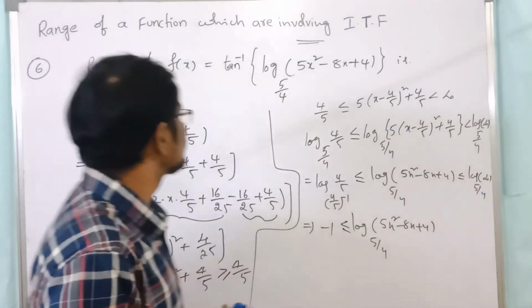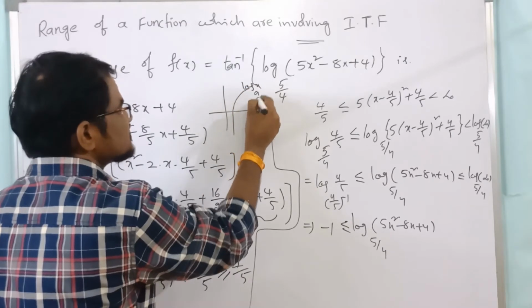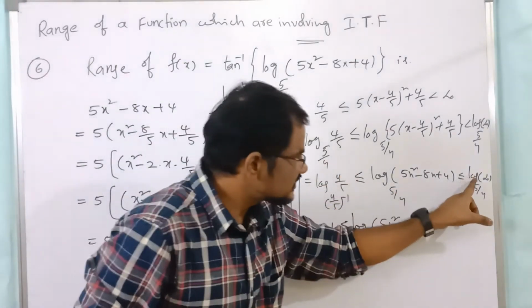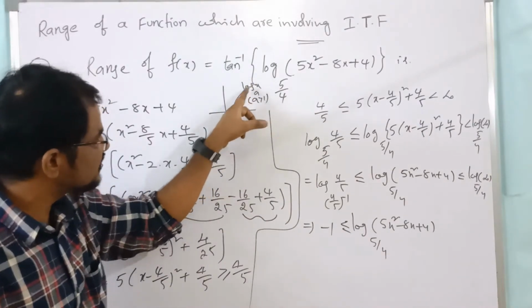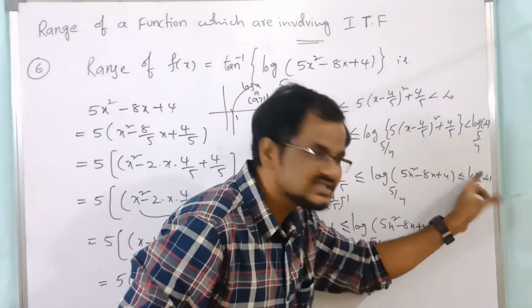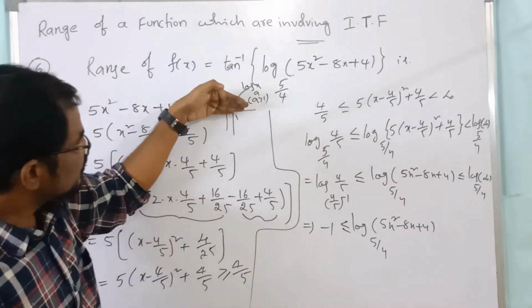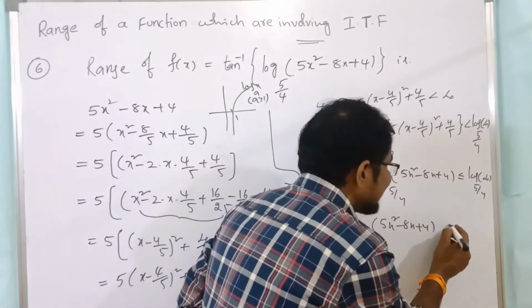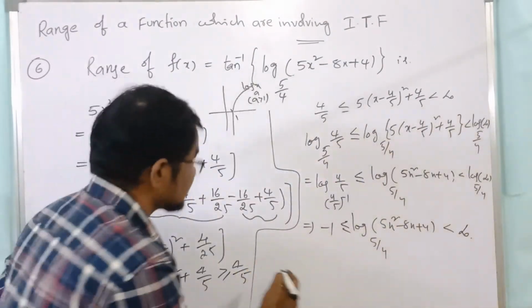Now here this is the graph of log x to the base a when a is greater than 1. Listen. So log x to the base a when a is greater than 1 means this is the graph. Here it intersects the x axis at 1. Observe here, as x approaches infinity, the y value also approaches plus infinity. So that's why it is less than infinity, right? Once again, listen here.